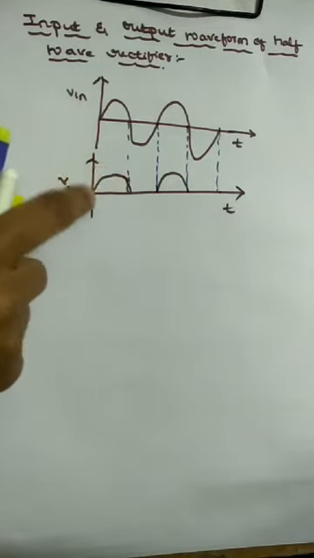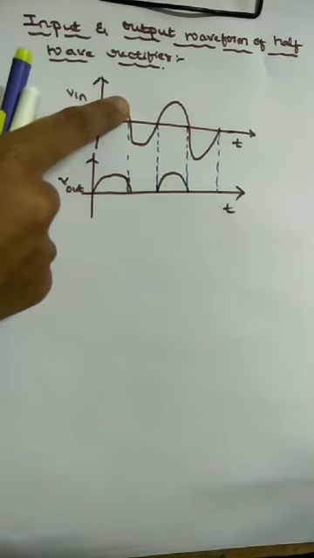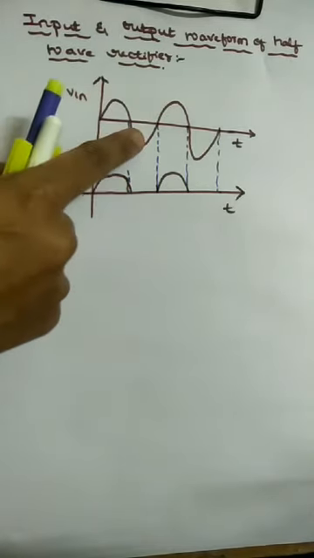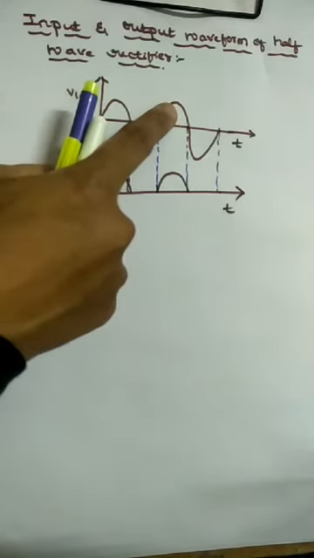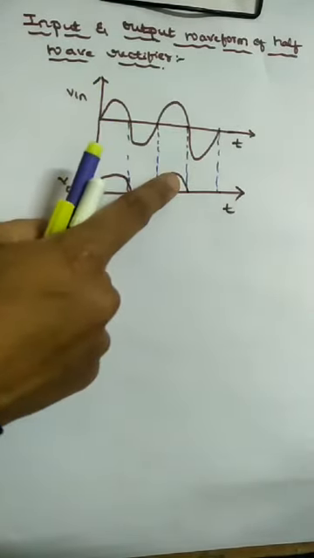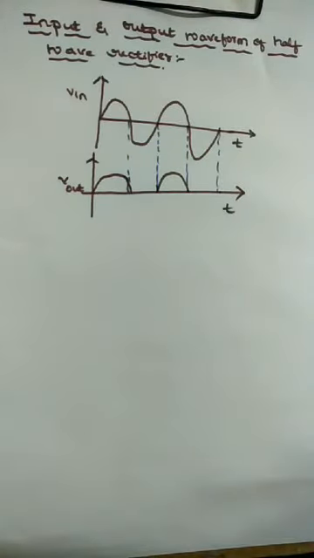So listen here, this is half of the cycle. When it is forward biased, it conducts. When it becomes reverse biased, it does not. Similarly again, when it comes to the positive half cycle, it conducts current. Because of this, this is the output waveform of the half wave rectifier. Next, we move on to another one, that is the full wave rectifier.